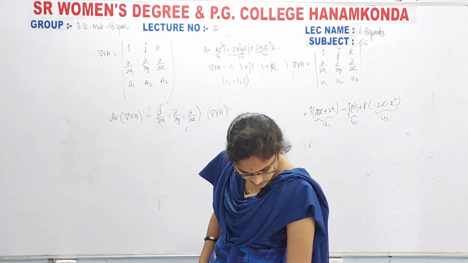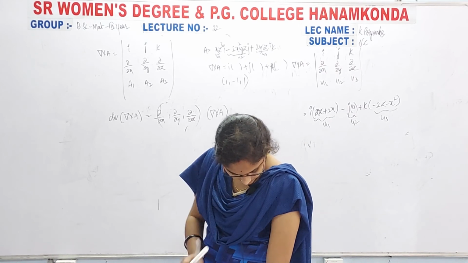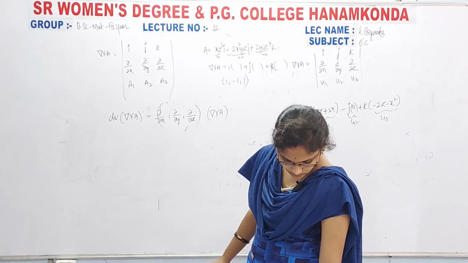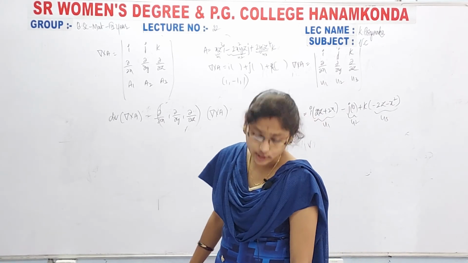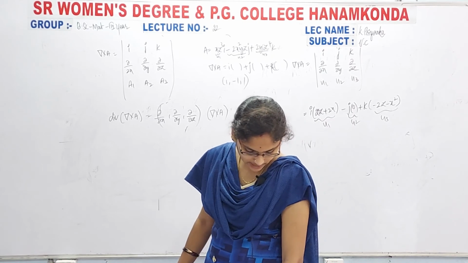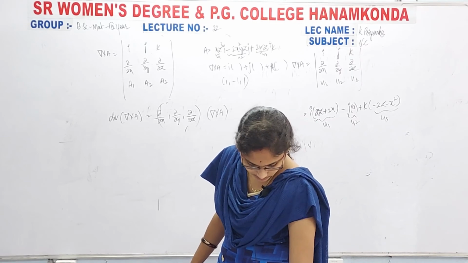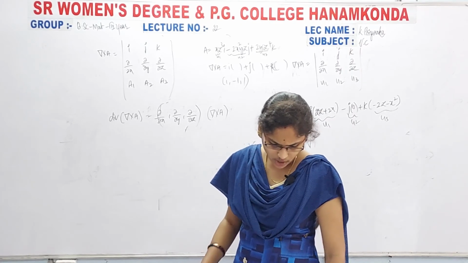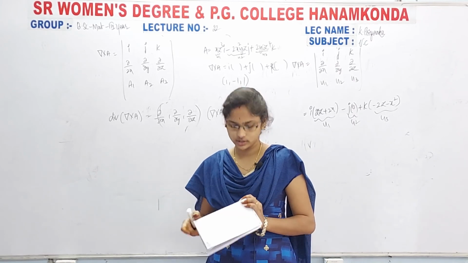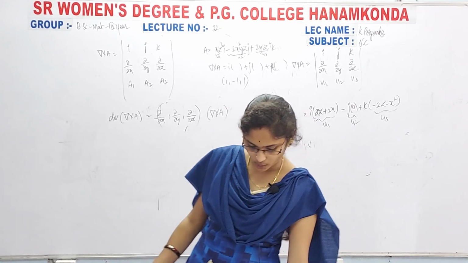And here the answer for curl A is 3j plus 4k. By substituting the values of x, y, z, you get the total in terms of i, j, k, so that answer is nothing but 3j plus 4k. Like this you have to calculate. We have some applications also, if possible; you can refer to other textbooks. Here we have to discuss the 36th problem, and I will send all those.